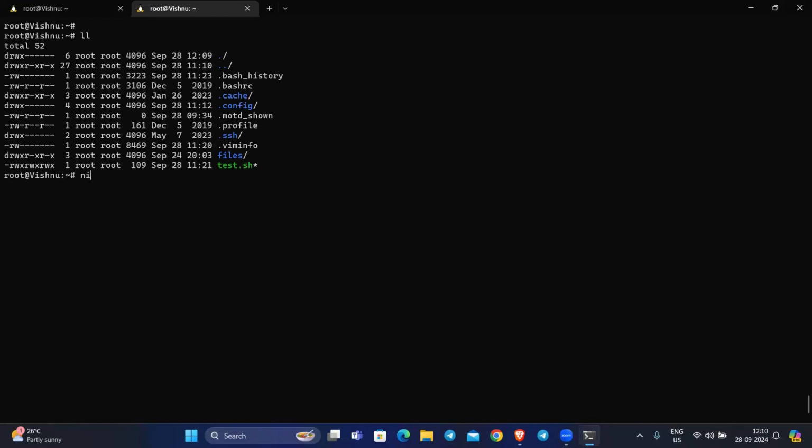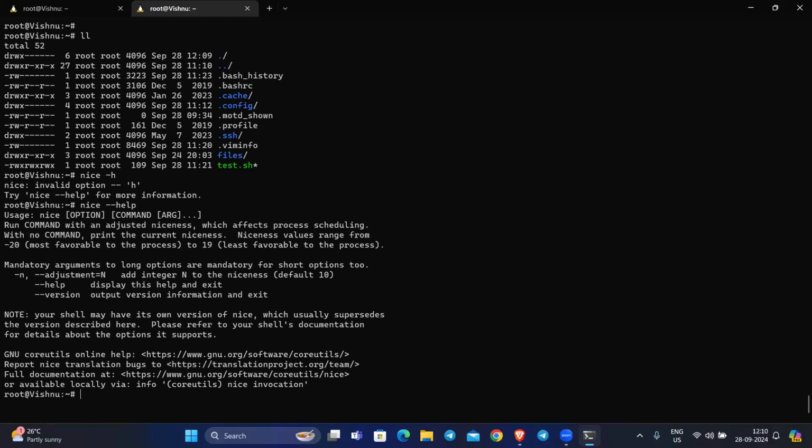For that, you just need to use nice --help. It will display the syntax and the flags that we need to provide. So hyphen n, you need to set the priority. If I set the priority to one, the minimum number is the top priority, so that process will be picked faster and executed faster. So if I set one and then give the command test.sh,